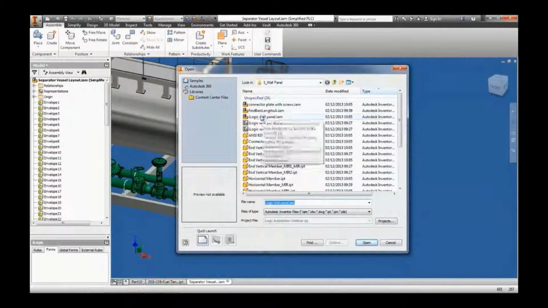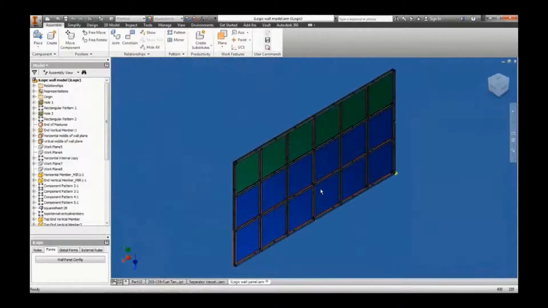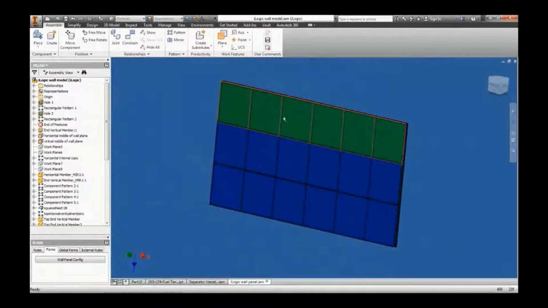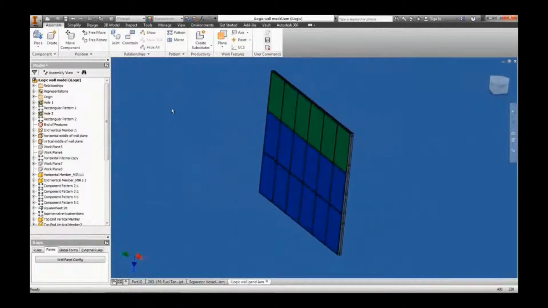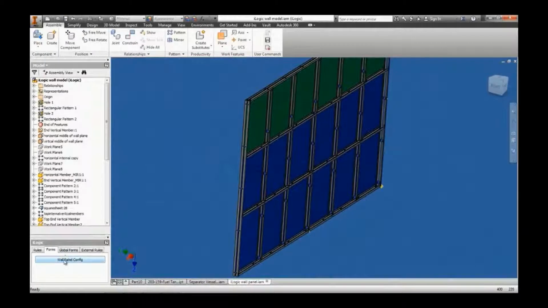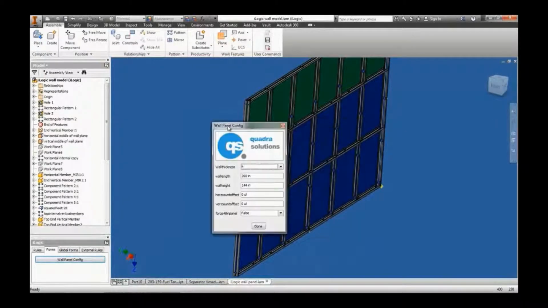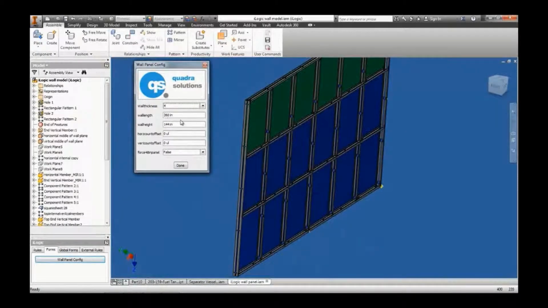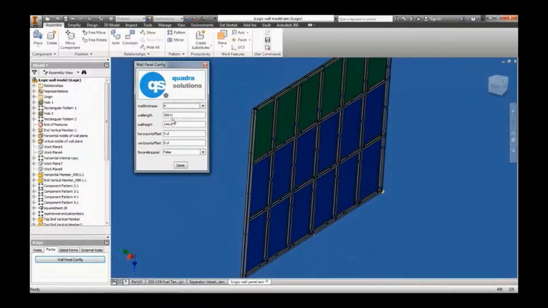Okay, so the next file we're going to open up is an iLogic assembly of a wall. Some paneling on the wall. We can see it's made up of a row of green, let's call them tiles, and a couple of rows of blue tiles. Now the iLogic code within this file allows us to play around with some values, length, height